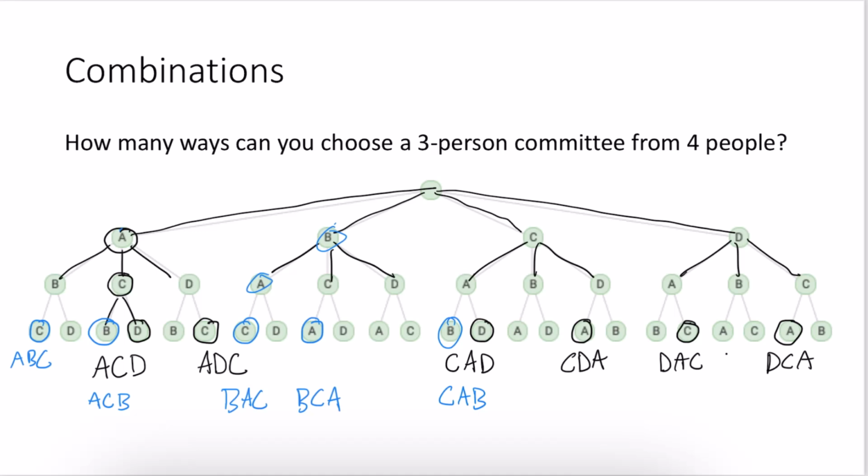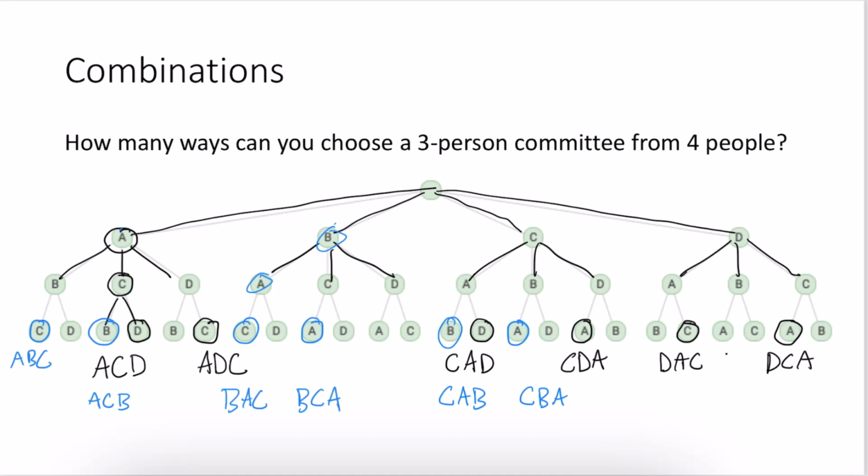And there should be one more. Oh, this one right here. That would be C, then B, then A. And so regardless of which committee you're looking at, any committee is going to be listed 6 times in this